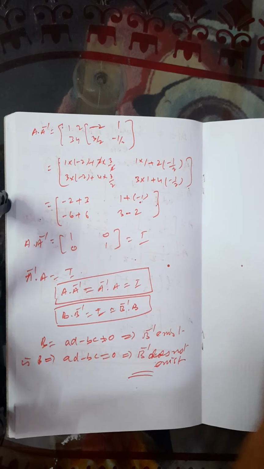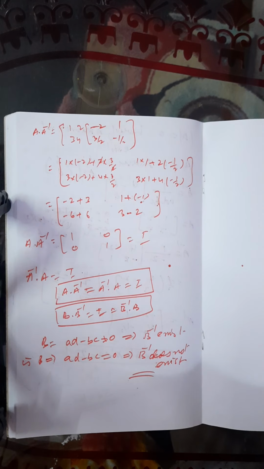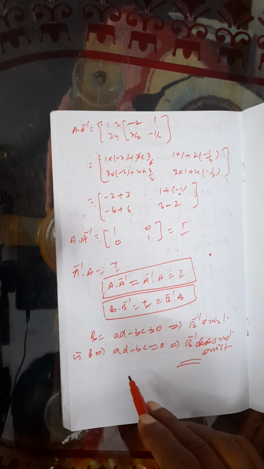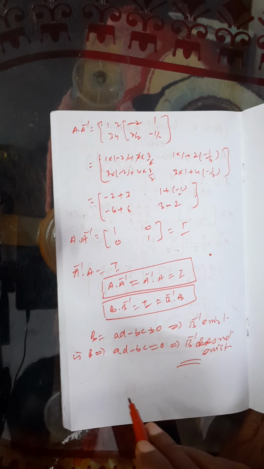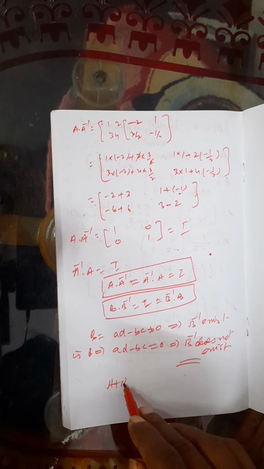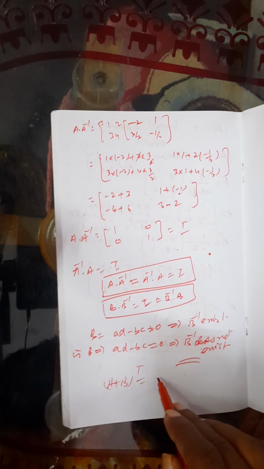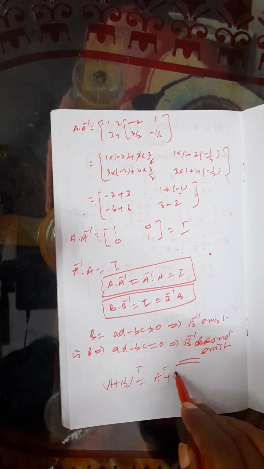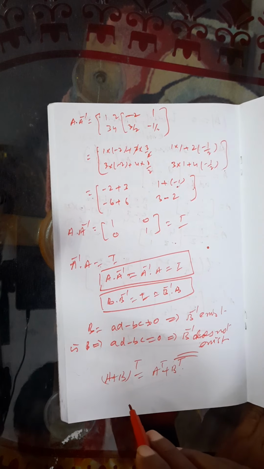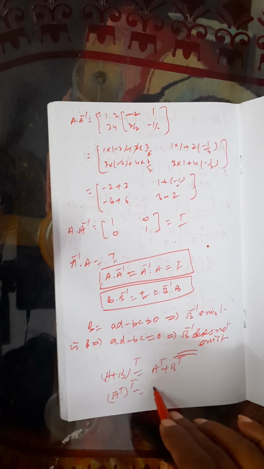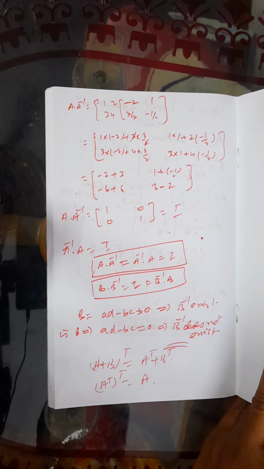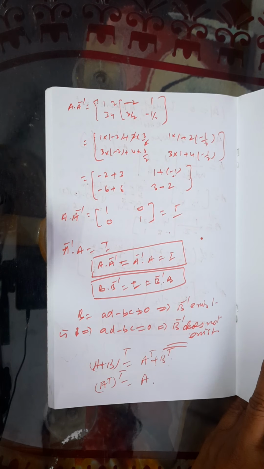Now we are going to check some rules. Multiplication rules. See here, A inverse is over, matrices is over. Now special property: A plus B transpose equal to what? Transpose of A plus transpose of B. Okay. One more property you have to see: transpose of A whole transpose is there. So again we will get A matrix only. Transpose of transpose is that matrix only.